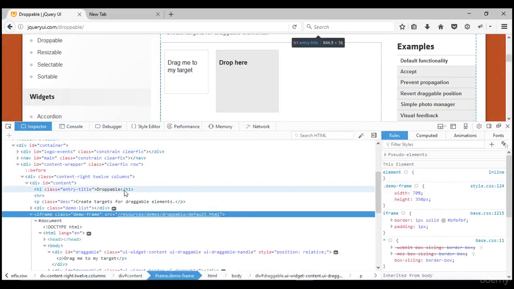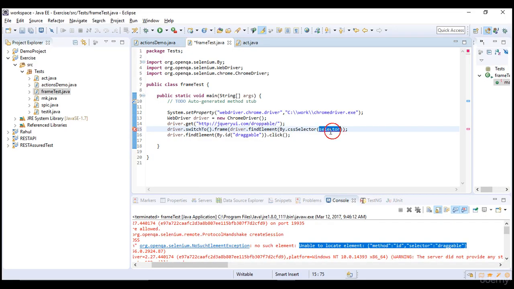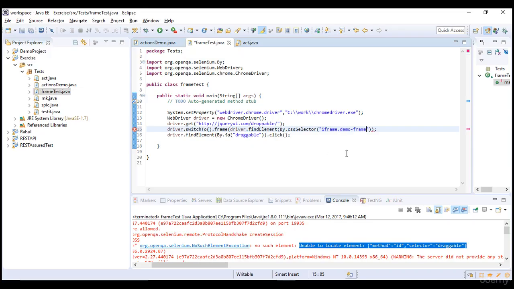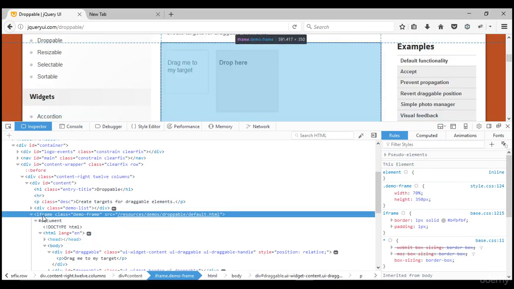So how to get that CSS? Tag name iframe dot class. If you want to get a CSS for the specific web element locator, you can form the CSS by just saying tag name dot class name.